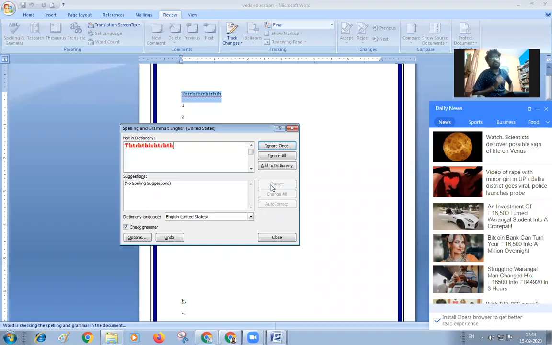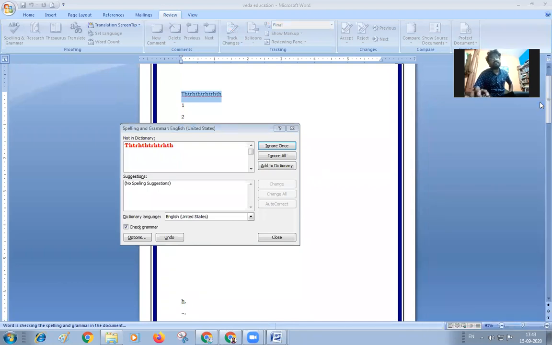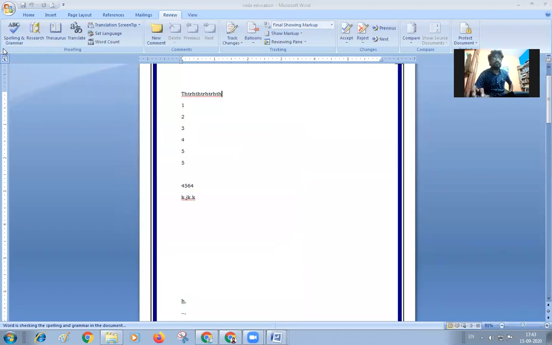The computer will also give you some suggestions on the spelling mistakes, also on meaningful corrections, and also sentence corrections. All these things can be given by the computer, and you can clarify yourself, and clear up the doubts and the mistakes, whatever mistakes are given, by using the spelling and grammar, and all these things can be done here.